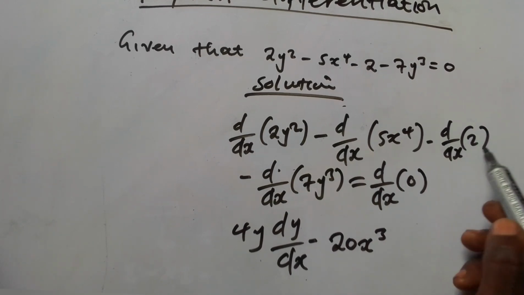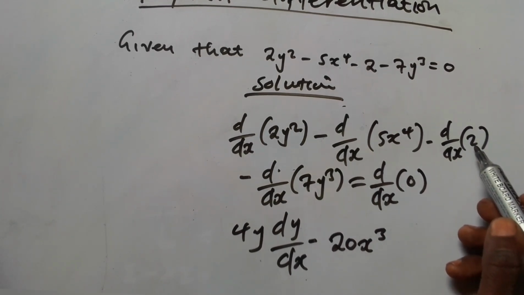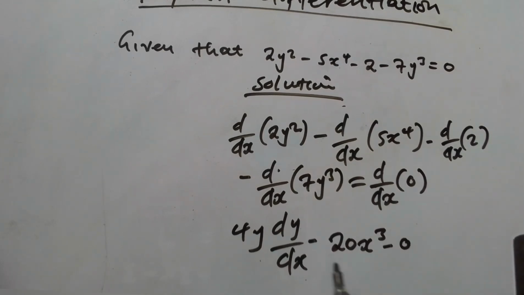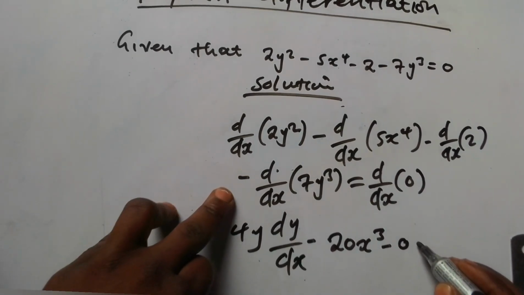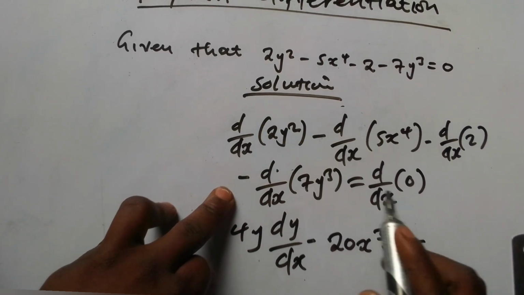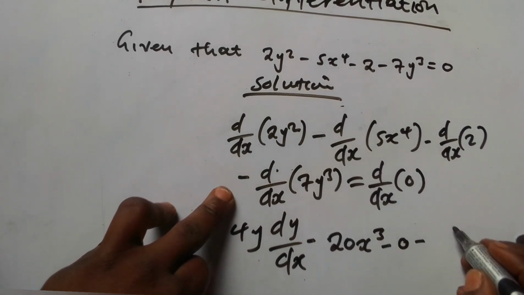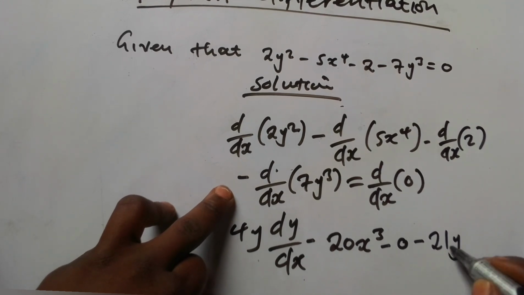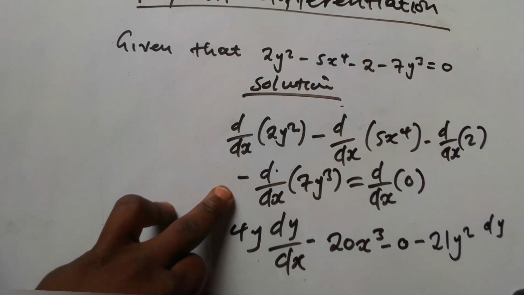When you differentiate 2, it is a constant, so we have minus 0. Then here we have minus 3 times 7, which is 21y squared dy